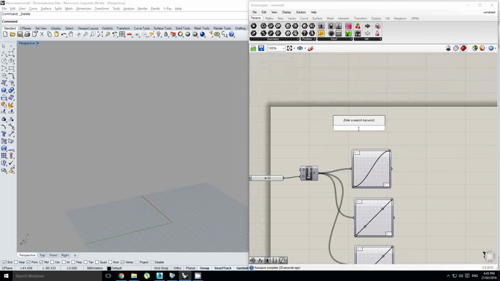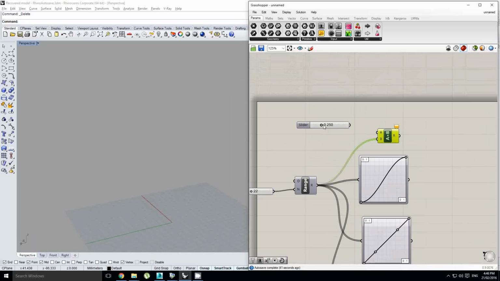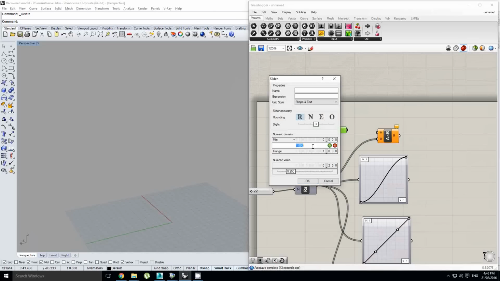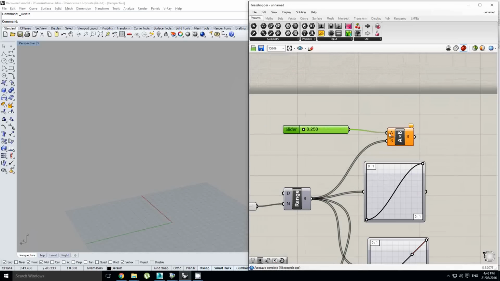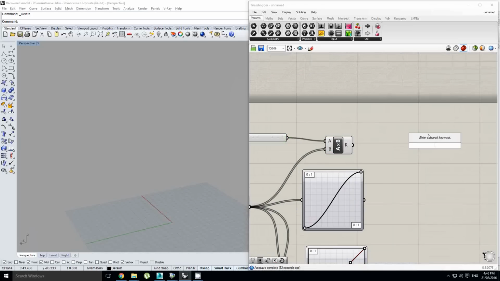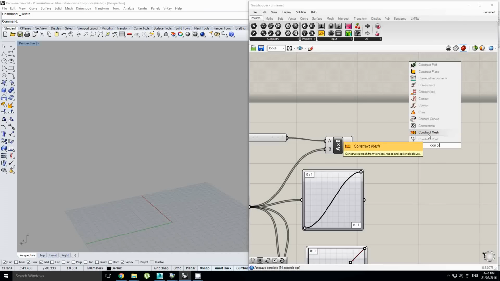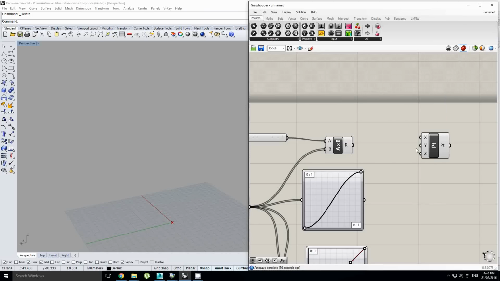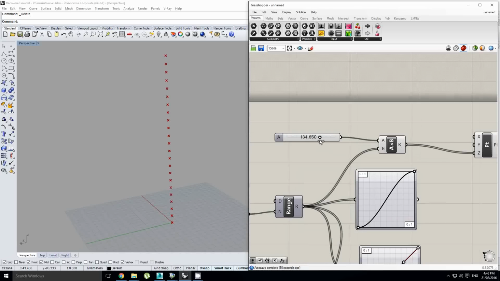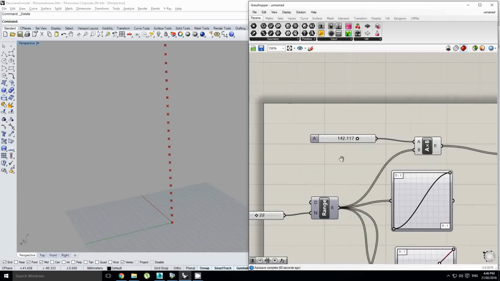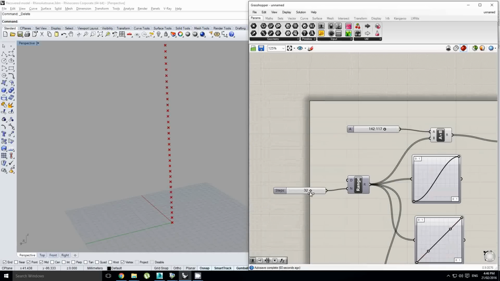I'm also going to put down a multiplier, and this multiplier is going to give me my heights, my z height for each of these levels. And so this is going to be a floating point slider with a maximum value of 200, and now I'm going to construct a point at each of these height values. So we'll set that to a maximum value of, somewhere around there. Increase these divisions,